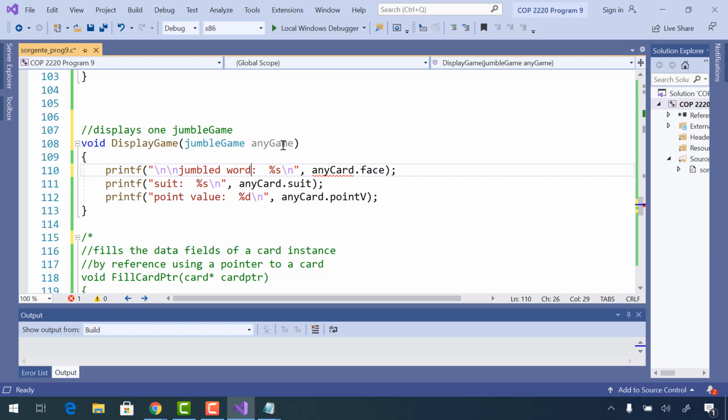And then we're going to take any game here, dot, jumbled, and then I like to copy and paste and change this. So this is going to be the solution word. And so we want to change this to dot solution. And the win value,